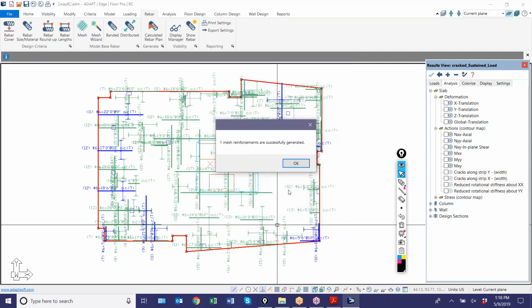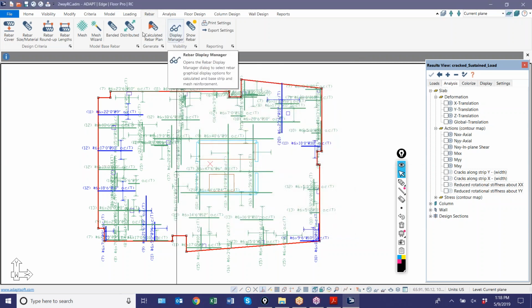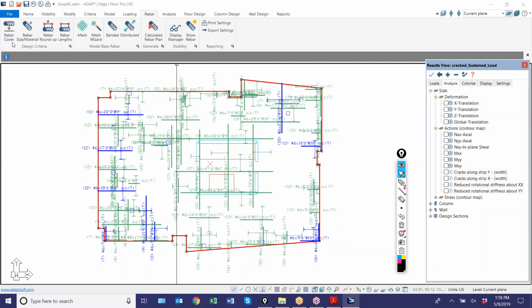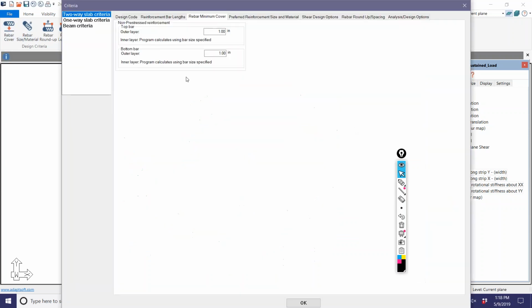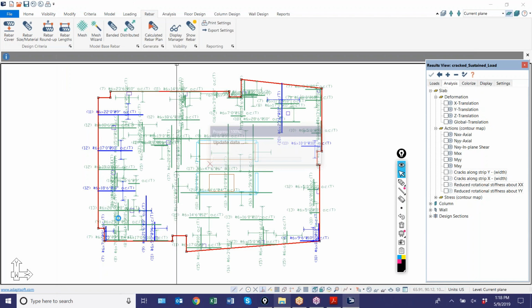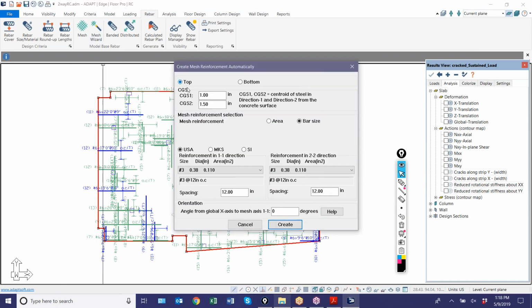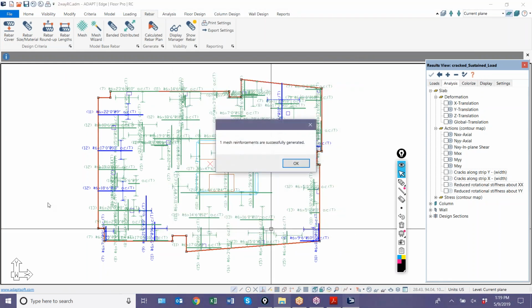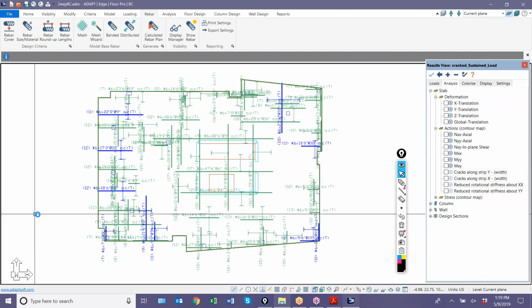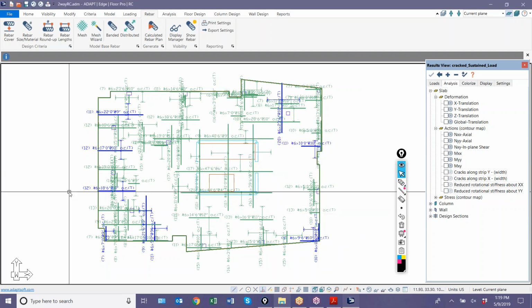Okay, this is a bottom mat. We're just using the default cover, by the way, which is set here under the criteria for bars, 1 inch. And then I'll do a default mat for top bars also, which will be 5s at 12. And that might be a little much for this, but we'll say there's now a base mat of rebar in